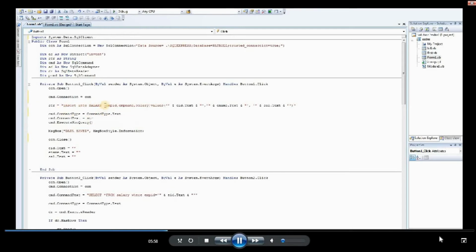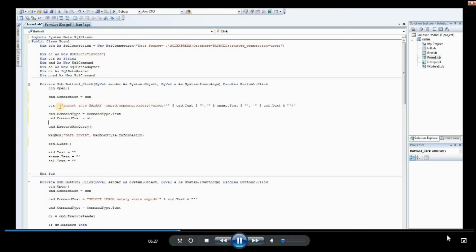And then from the screen to the database you want to transfer, you can see there salary, whatever that insert table, and then fields, and then as usual you have to mention the hierarchy of the text boxes. So the text boxes names whatever you created in the screen, whether renamed or not, as usual you have to give in these text boxes. After that you can see cmd.commandtype equal to commandtype.text, and then cmd.commandtext equal to str. So these two lines are indicating to transfer the screen values to the table.